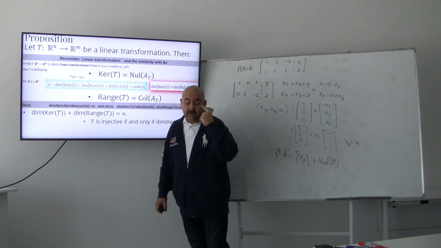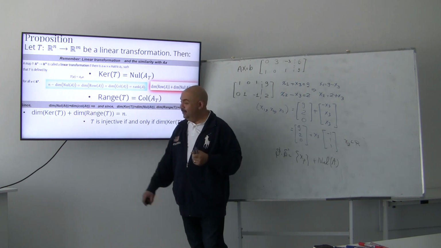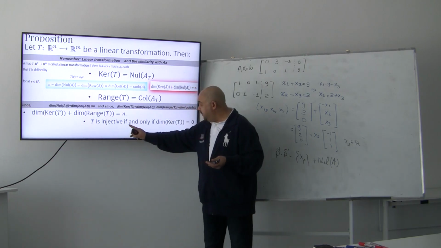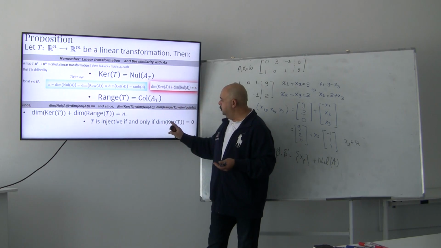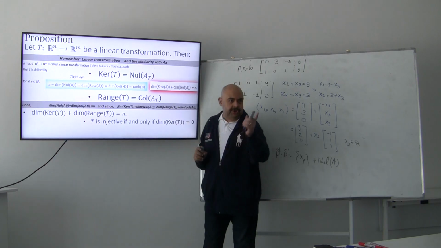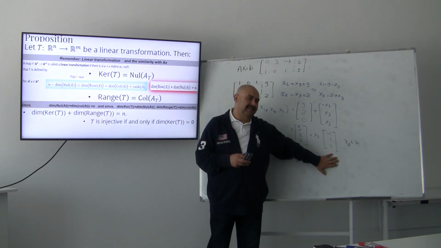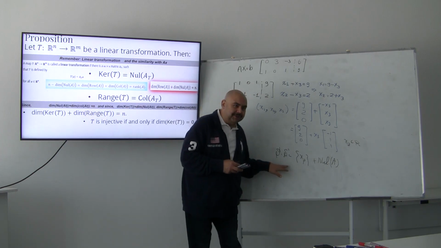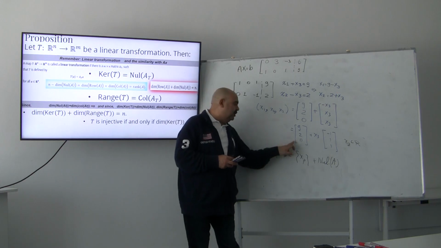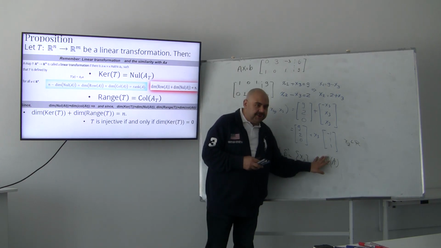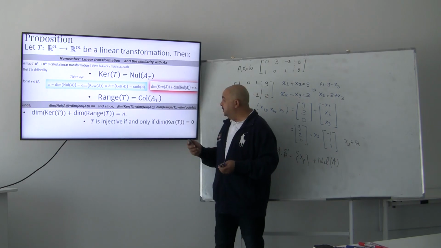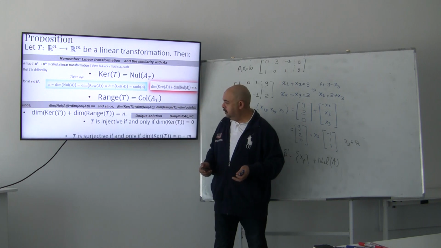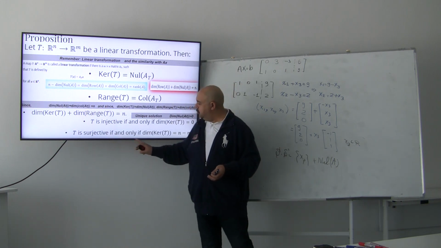And this will draw our eyes to this fact. T, the transformation, is injective if and only if the dimension of the kernel equals 0, which means you don't have null. So you will have an injective function, just a unique solution. The values of x1, x2, x3 equal these values only. You don't have a generating function. And it will be surjective, okay, just a second. So this is the unique solution, as I told you. And it will be surjective if and only if